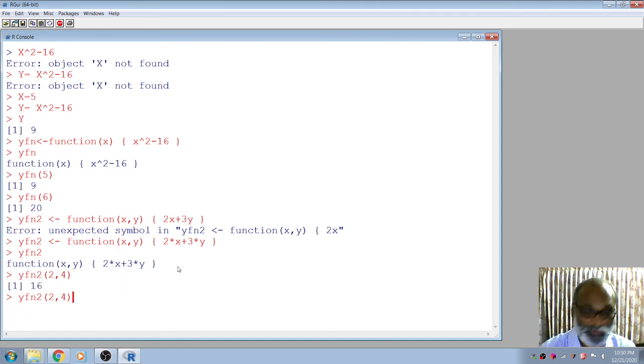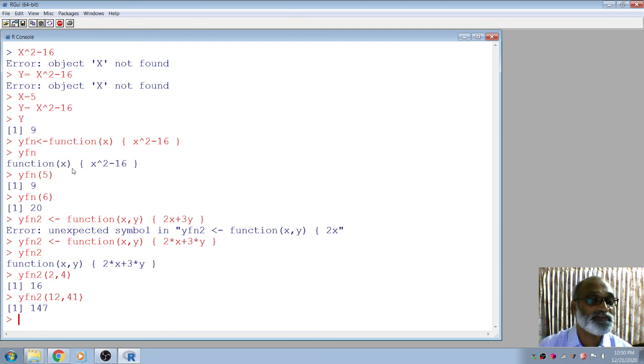You see, similarly you can give whatever argument. The function will execute and correspondingly give the result. So this is the function with two arguments. This is the function with one argument. So you can create your own function based on your variables, the constants and everything. You have to create a function using the keyword function.